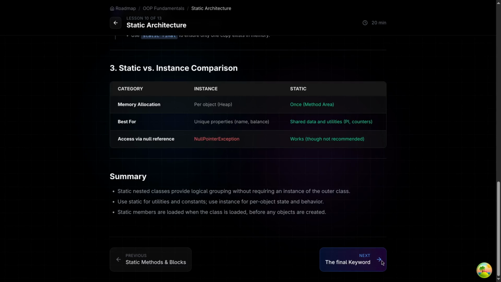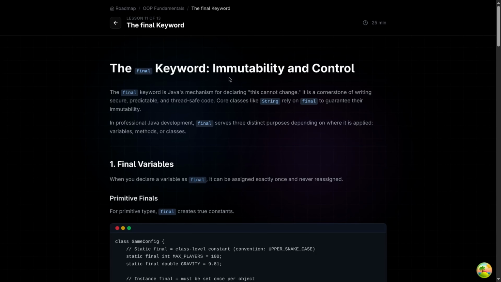The final keyword. Final keyword, immutability and control. The final keyword is Java's mechanism for declaring this cannot change. It is a cornerstone of writing secure, predictable, and thread-safe code. Core classes like String rely on final to guarantee their immutability, and we have seen this in our code as